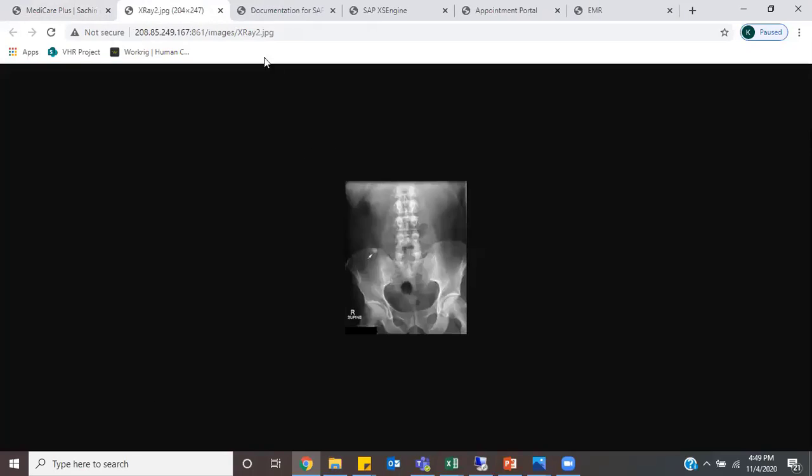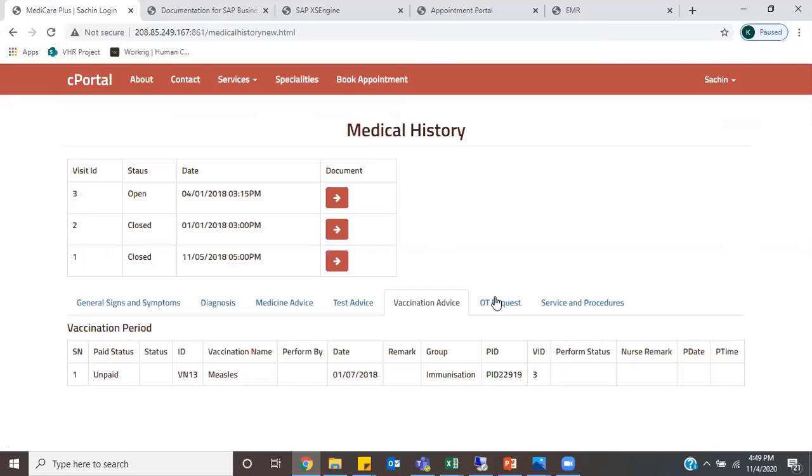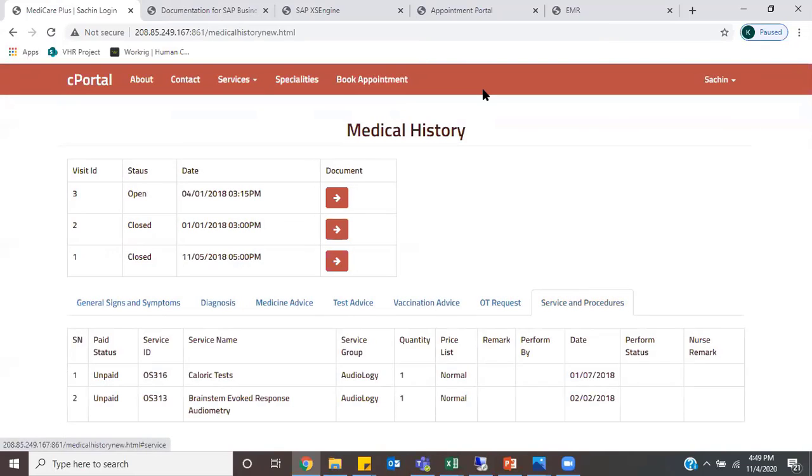So images also he can see. So all the reports will be available for the patient to view. So this is about the patient portal. We were talking about the appointment. So your receptionist, she's sitting in a hospital, right? And the patient is calling. So in that case,